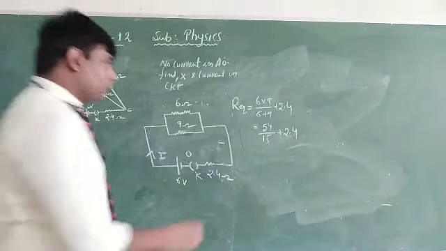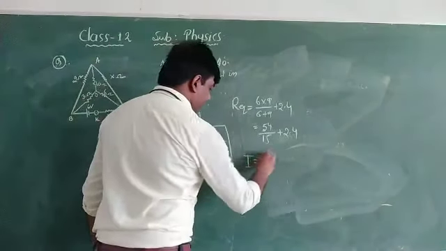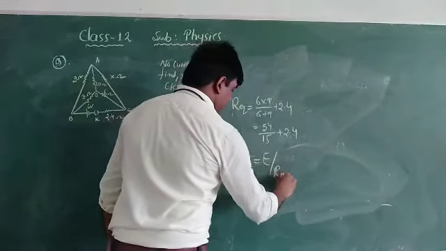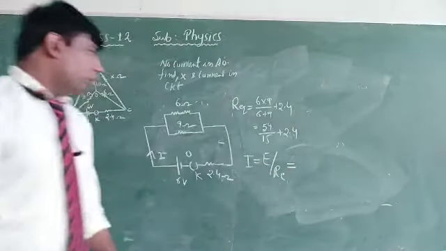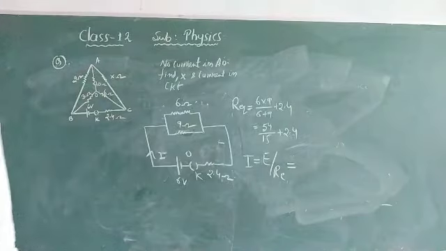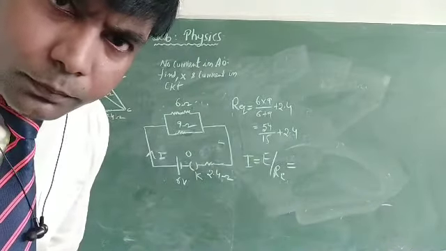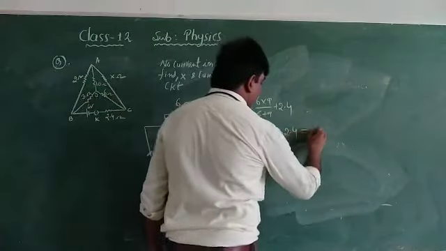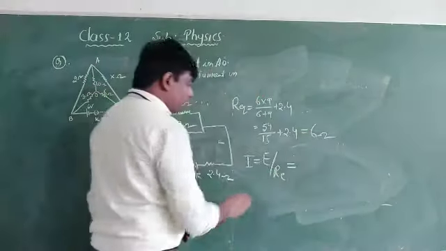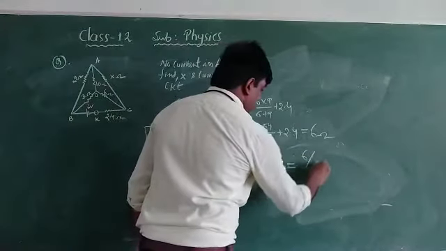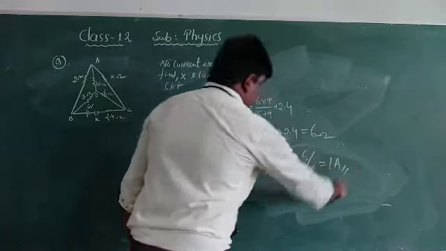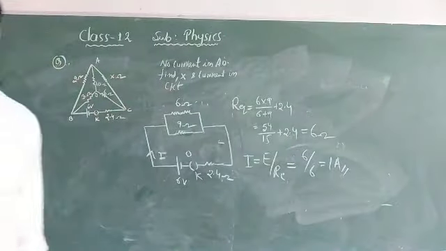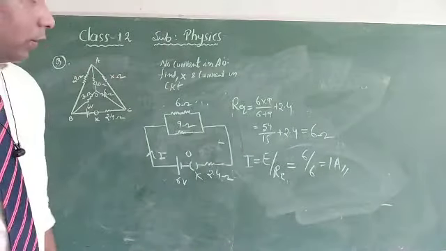Then we have to find out the current. So we have to calculate first R equivalent. Let us see what it is. Right. That is, here we get 6 ohm. So the current in the circuit is how much? That is your 1 ampere, right?